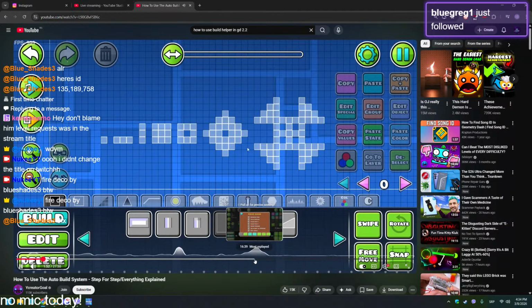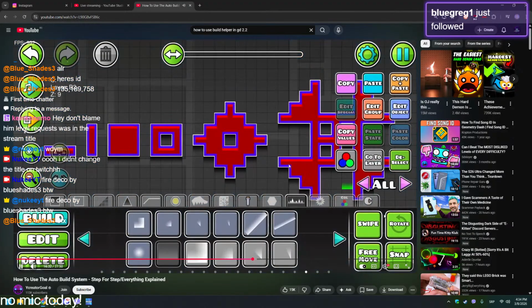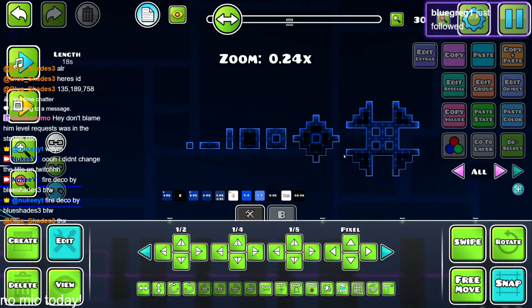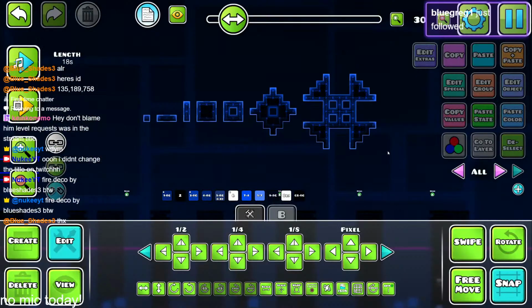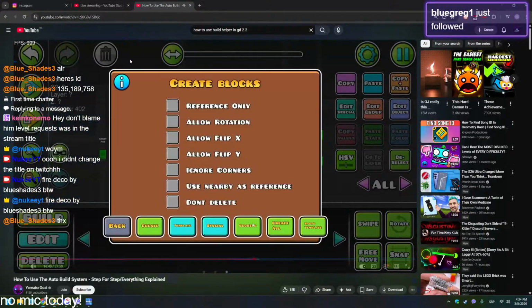Okay, so when you click it, what you want to do is go on every single layer together, and then select all of the palettes, click on edit special, and click